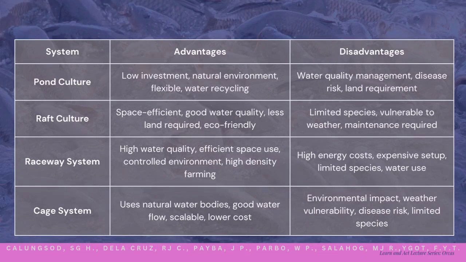For our last culture, we have the raft culture, which is commonly used for growing mollusks like mussels and oysters. In this system, mollusks are cultured on ropes or nets that are suspended from floating rafts in coastal waters. For its advantages, we have first the minimal space requirements. Rafts take up relatively little space compared to other systems and can be used in open water.